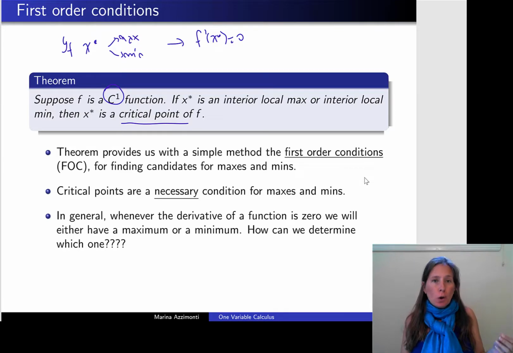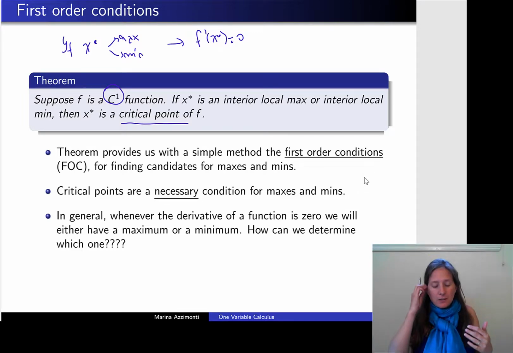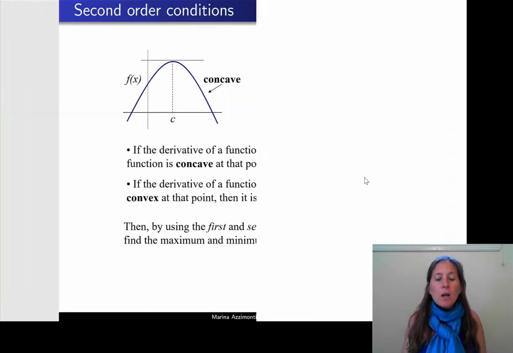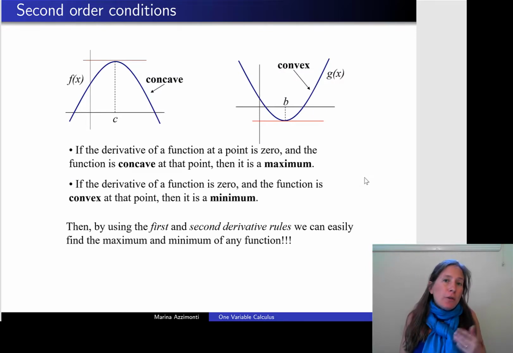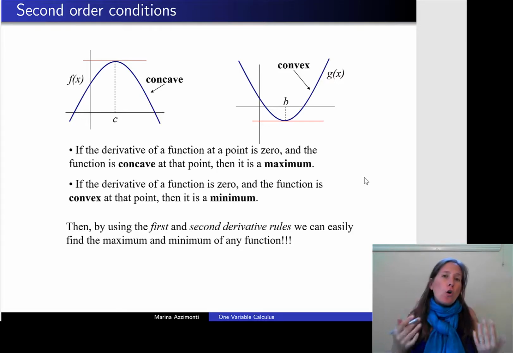So first, we don't know if that's going to be sufficient. Second, we don't know if it's going to be a maximum or a minimum, because both of them satisfy the same condition. We saw that in the previous plot, okay? Both the max and the min, B and C, are going to satisfy the necessary conditions, or first order conditions. Now, how can you figure out whether this is a maximum or a minimum? Well, with the help of what's called second order conditions, or by looking at the second derivative.